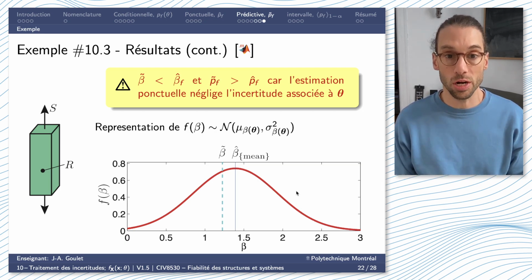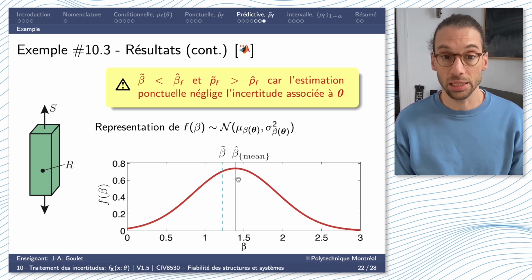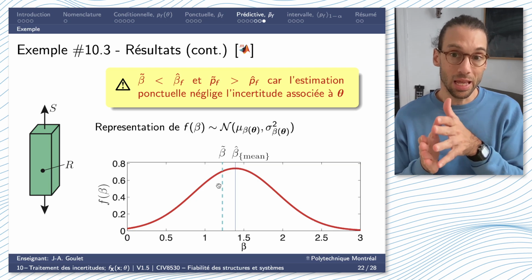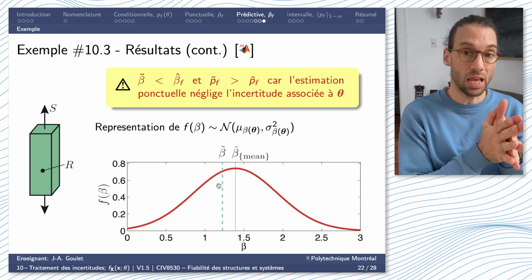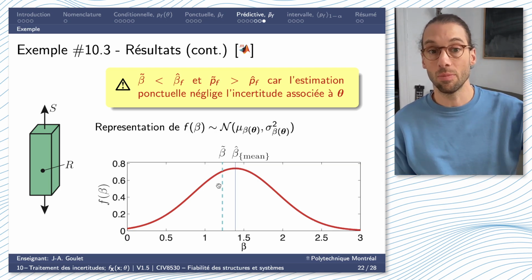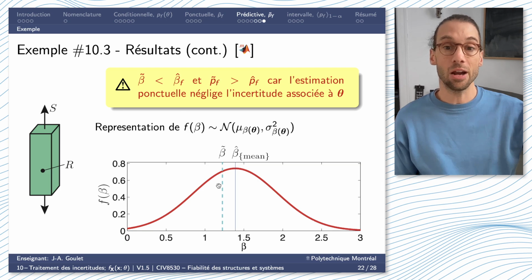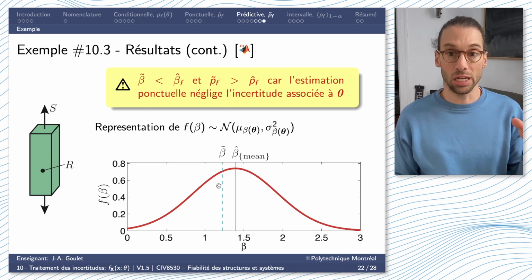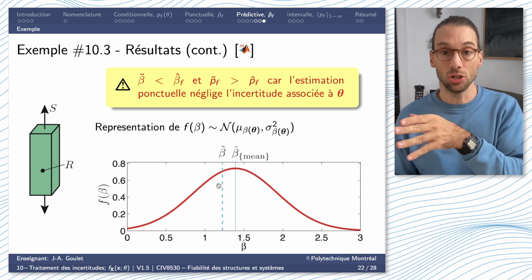If we use the point estimate beta, by evaluating only the mean, we get there; the beta of the predictive one is slightly lower. So it means that every time we consider the uncertainty about theta, that's going to have the effect of reducing our reliability index, meaning increasing my probability of failure. So whenever you add uncertainty in your analysis, that's going to lead to a reduction in beta and an augmentation of